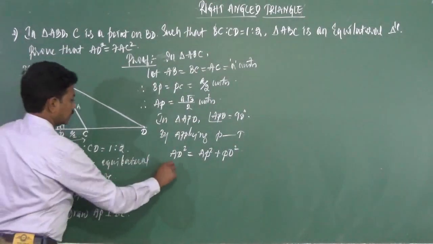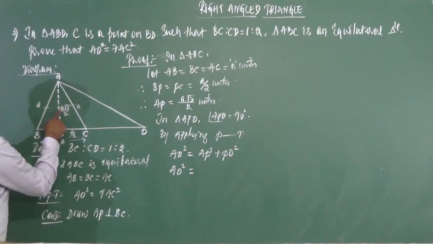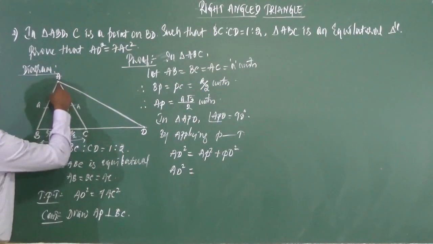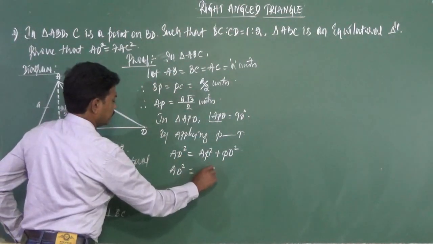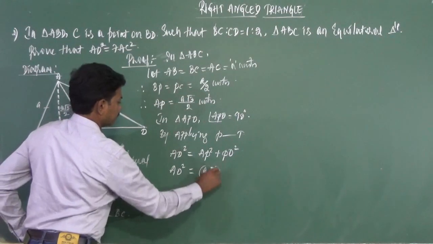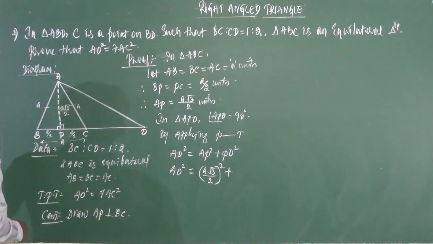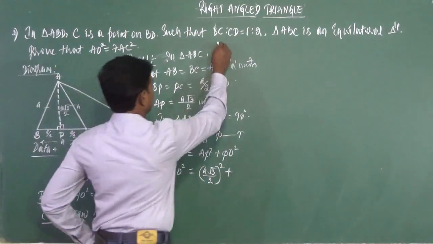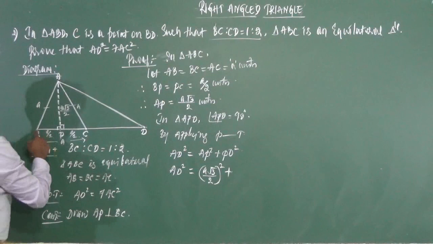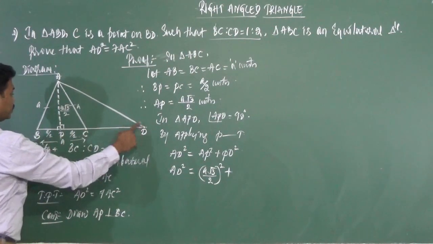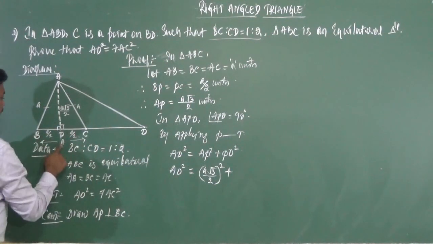So now let us keep AD as it is, equal to AP square, which can be written as A root 3 by 2 whole square, since AP is A root 3 by 2, plus, very important, PD. Here it is given that BC is to CD is equal to 1 is to 2. So very important data it is. If BC is A, then